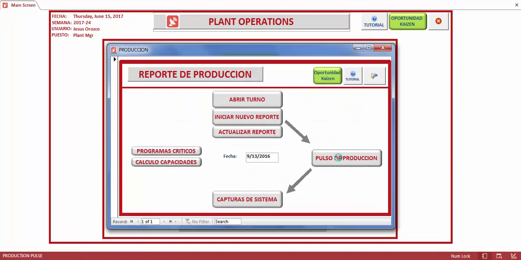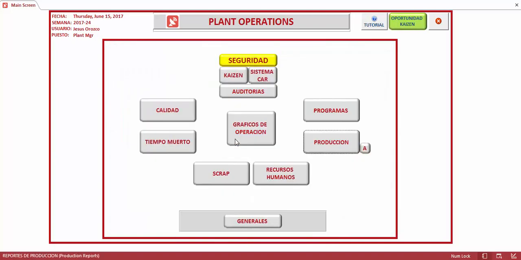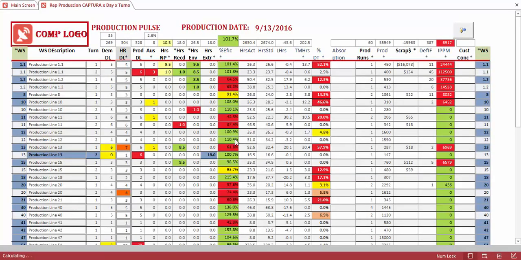The production pulse report contains, at the click of your mouse, all the critical details that have direct impact to the operation from one single page, and clicking on the specific cell that we are interested in, we can gain access to the detailed information. For example, the production report,